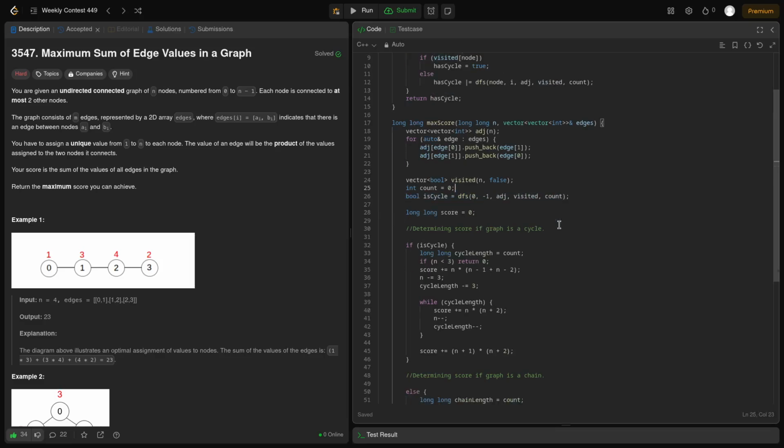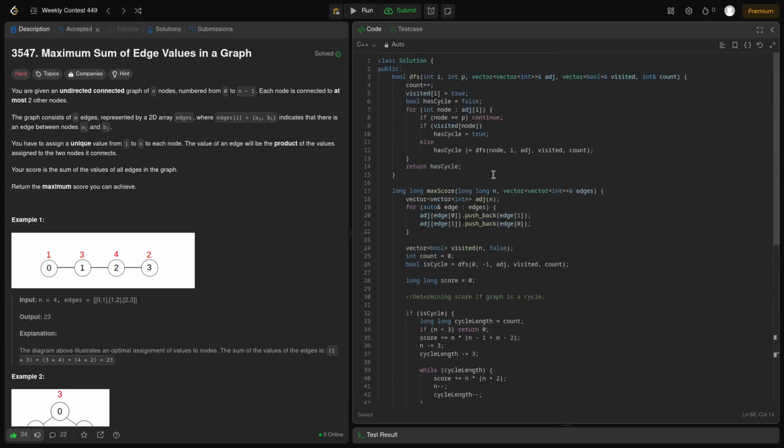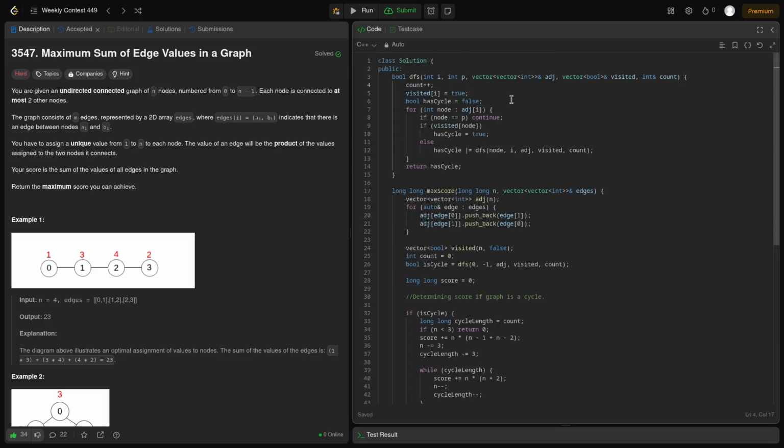So once we determine whether the particular graph is a cycle or not, here we enter the main algorithmic part of our code. Just to quickly run over the DFS algorithm, I won't spend much time here. Once we enter a node, we up the count of total number of nodes present in this cycle or present in this chain, and we mark the visited vector to indicate that we have visited this node. We iterate through all nodes that are adjacent to this particular node. If the node is a parent value that is being passed, we skip it. If we have already visited a node that is present in the adjacency list, we know that it has a cycle. Else, we run DFS on all the other adjacent nodes,